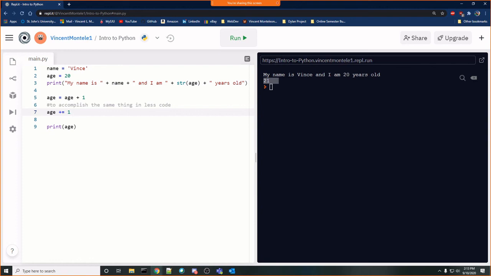Does Python not use int or double like Java? They do. So they use ints and doubles, but the way that it works, I'll reiterate one more time, is that variables are automatically recognized as the variable type based on what they're set equal to. So in other words, instead of having to say int age so that it knows that it's an integer, since we set it equal to an integer, it already knows that age is an integer. It's called duck typing.